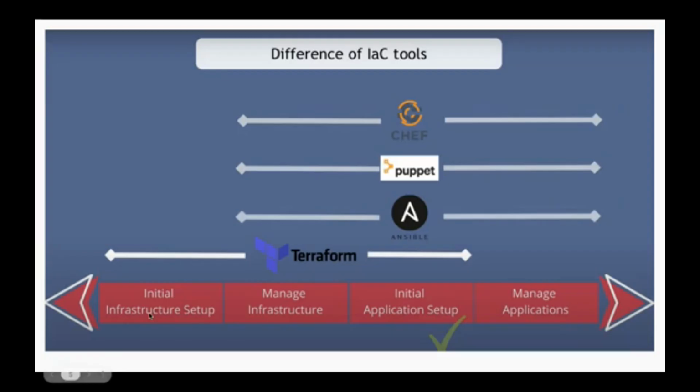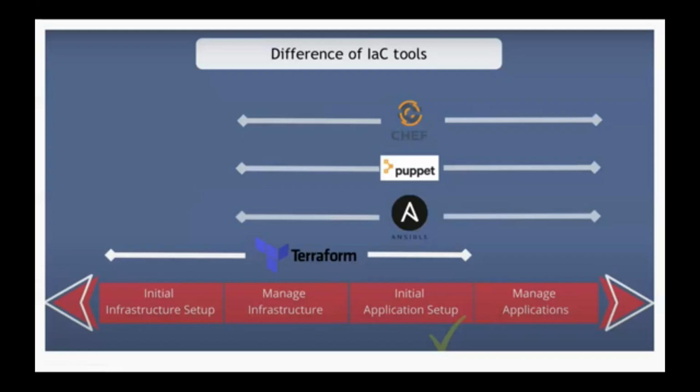First is the initial setup of our infrastructure, then to manage this infrastructure for further use, and the application setup over that particular infrastructure, and to manage our software application. So taking an example, suppose I have to create one backend application using Lambda functions and API gateways, a serverless backend application. So the first task would be to initially set up our infrastructure, like creating the Lambda functions, creating the